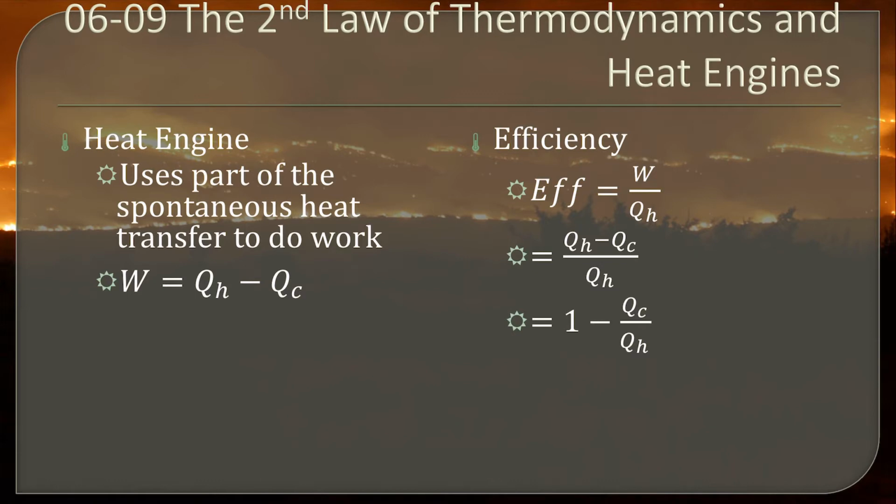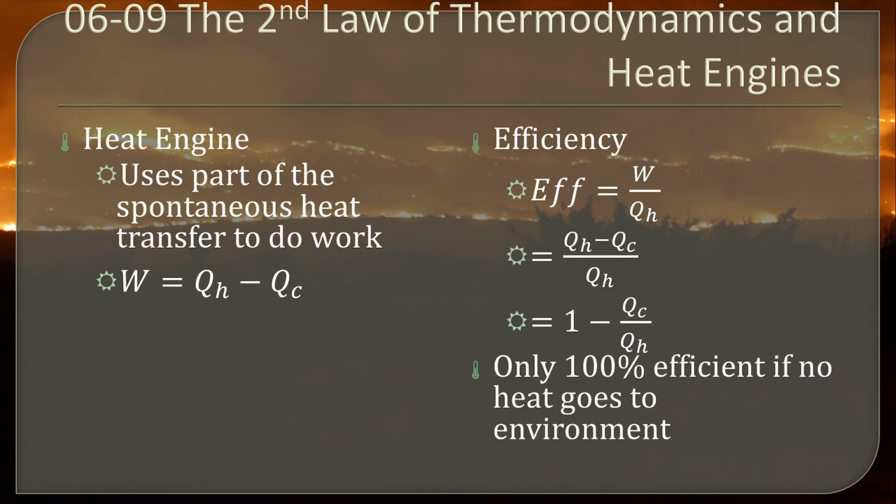That becomes 1 minus QC over QH, the heat in the cold area over the heat in the hot area. And so this is only 100% efficient, meaning the efficiency is 1, if no heat goes into the environment. So in other words, the heat in the cold area